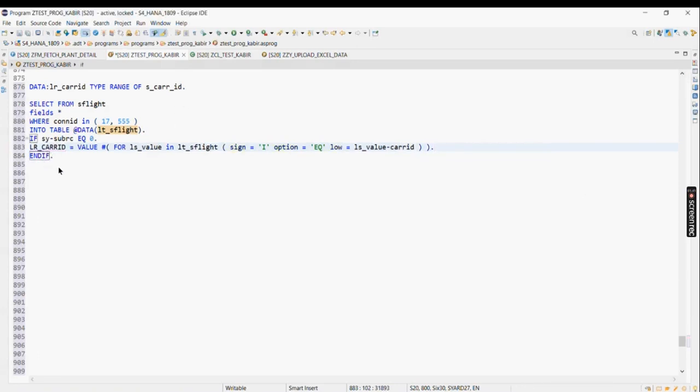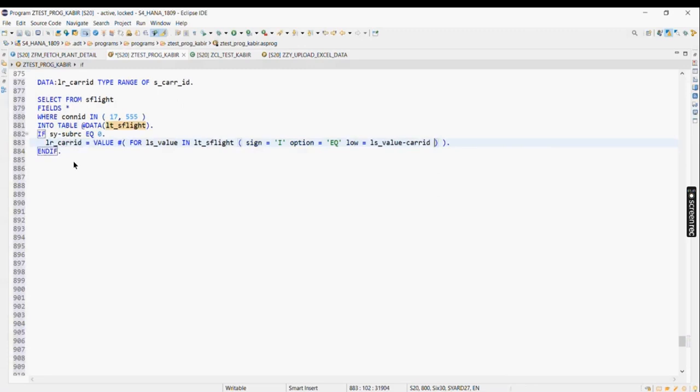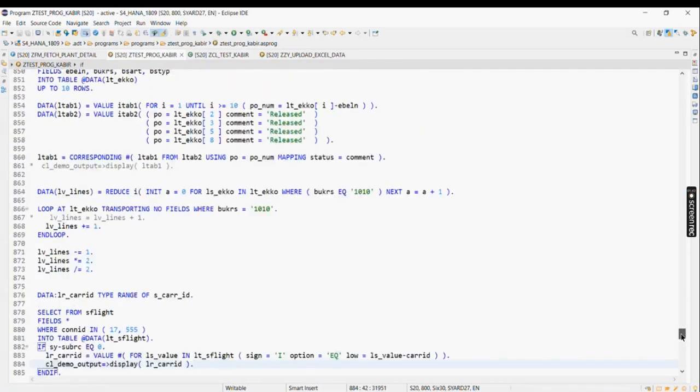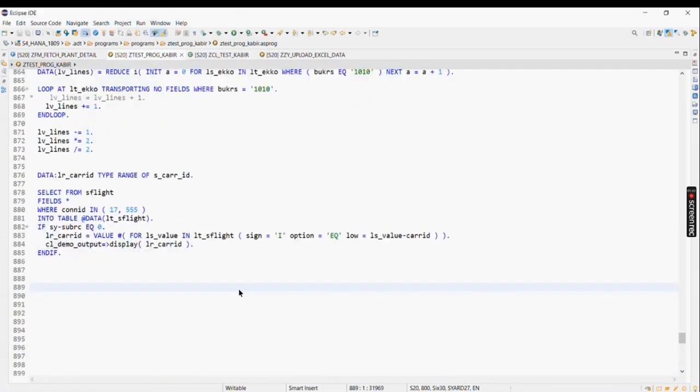What is the output of LR_char ID, will it be? What is the output that you will see? Tell me. So if I display the output, CL demo output, and so let me see. I hope I am not printing anything. Nope. Yeah. So if I do an F8 now,